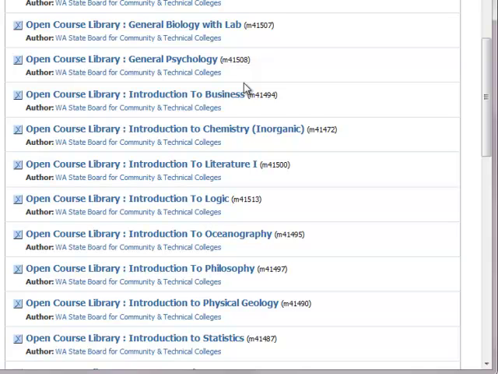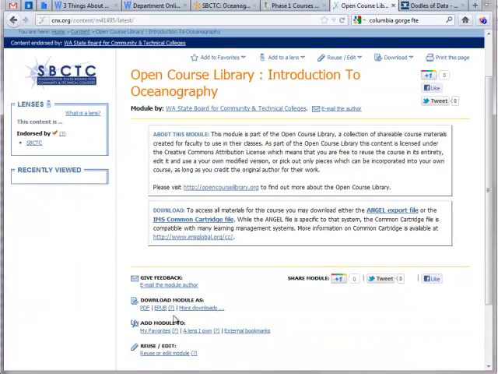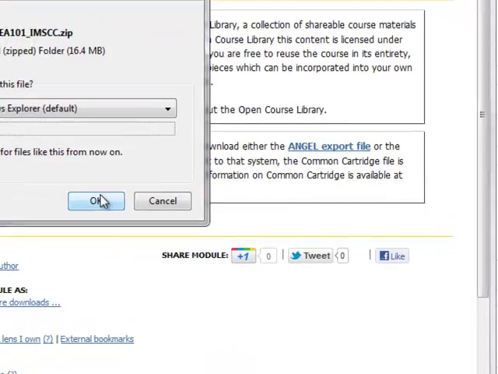And you'll see download options for downloading in Angel format, in the Common Cartridge format, which is what we'll use, and how to get other materials such as in the PDF or EPUB format, which can be used on mobile book readers. In this case, the IMS Common Cartridge format can be used by D2L, Blackboard, Moodle, and a number of other learning management systems. Simply click in the download section on the IMS cartridge file, save the file,